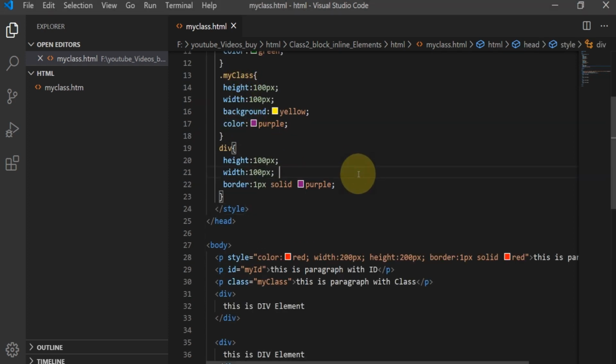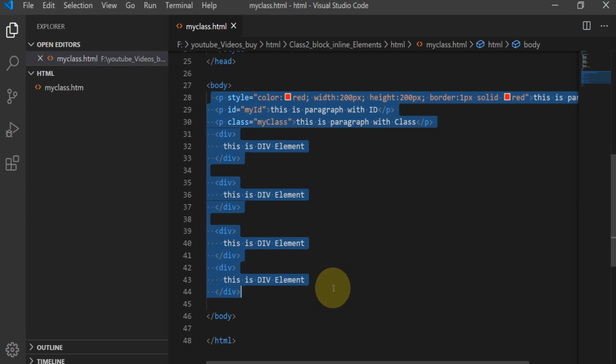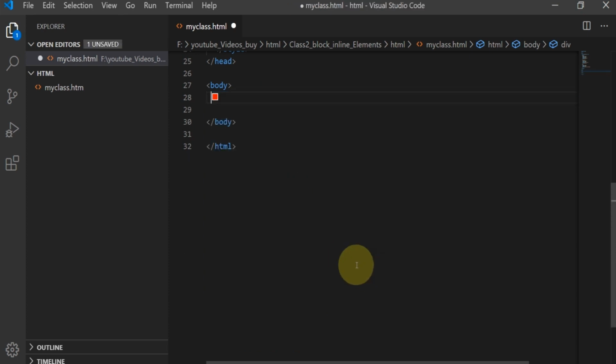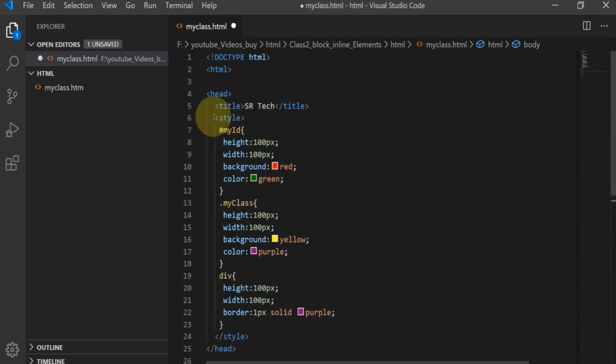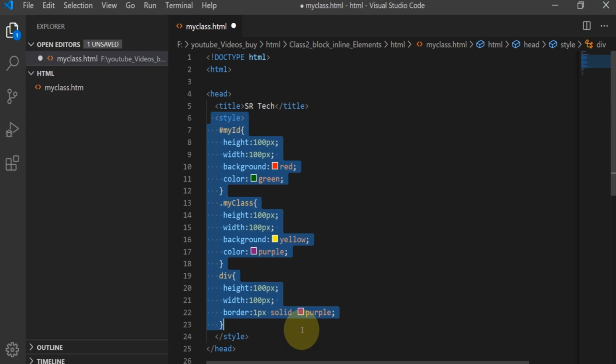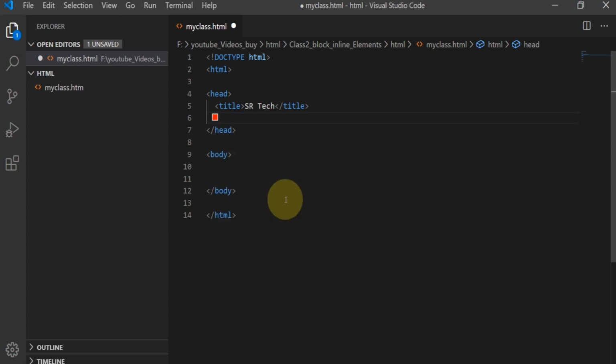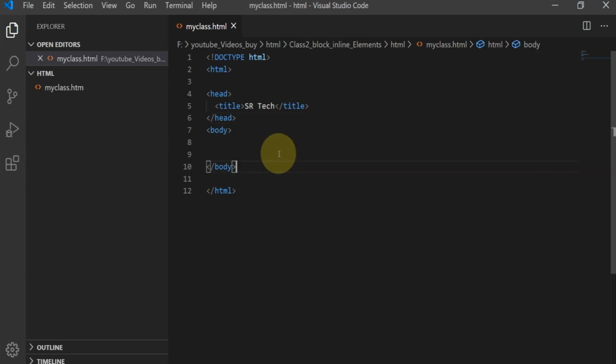So guys, next, external styles, right? For that I am removing everything from the body and from the header also; internal styles removed. External styles means styles will apply to the HTML file from an external style sheet that is saved externally.